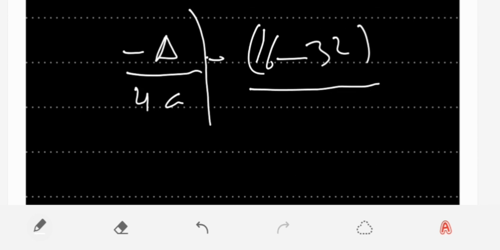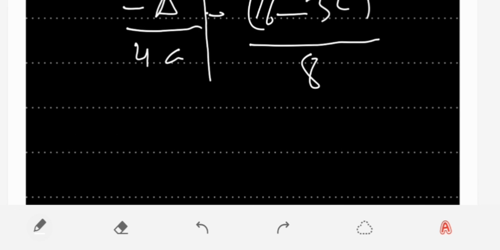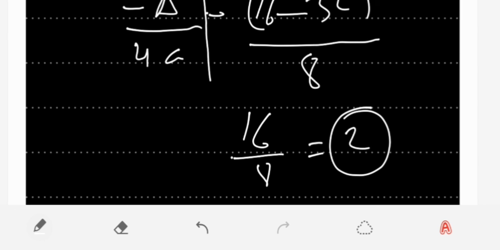Divided by 4a, a is 2, so 8, and there is a minus over here. So we'll have minus minus 16 divided by 8, which is 2. Okay, so yeah, this is